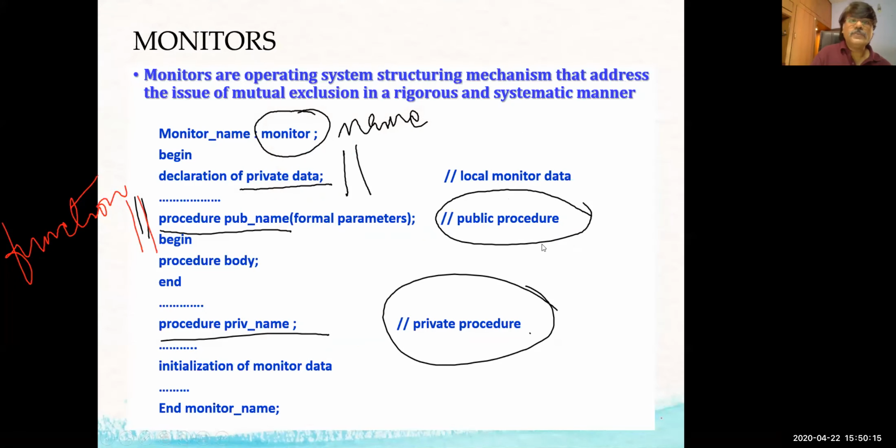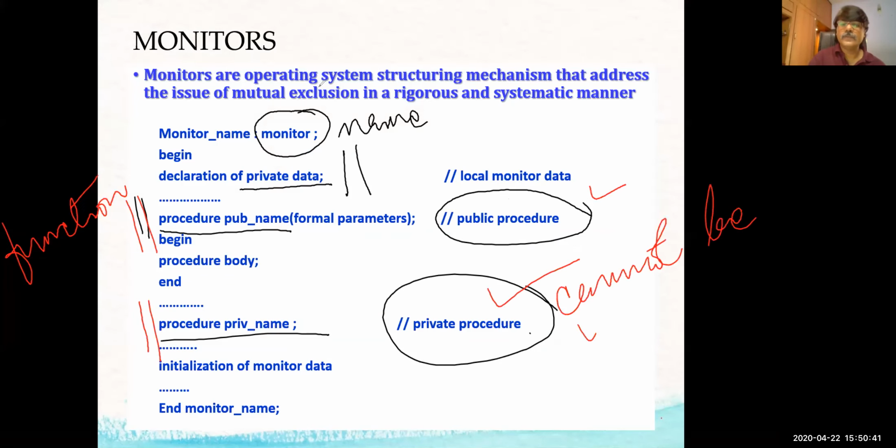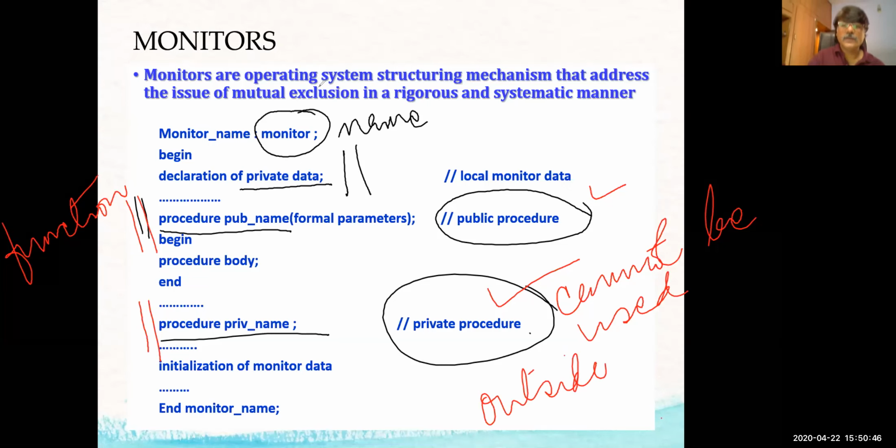So there is a function which is of type public, which means that it can be accessed by outside users also. And there is a function declared as private, cannot be used outside the class or outside the monitor. Cannot be used outside the monitor. So please remember